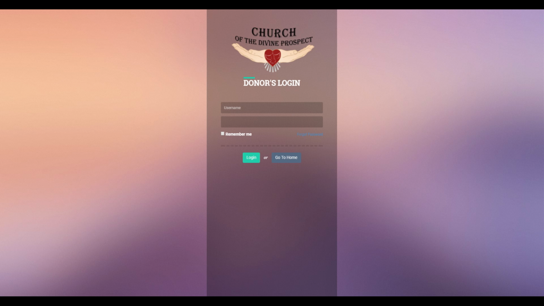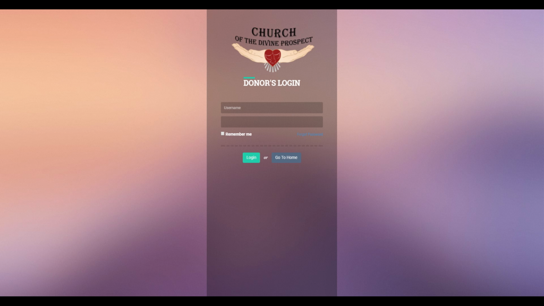Your back office. The first time you'll reach your back office will probably be during registration by clicking the button at the bottom of your welcome letter. Anytime after this, you will have to visit cotdp.org and click the tab Log In. You will access the login page where you will have to enter your username and password in order to get